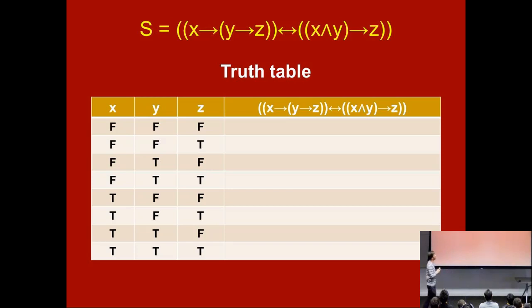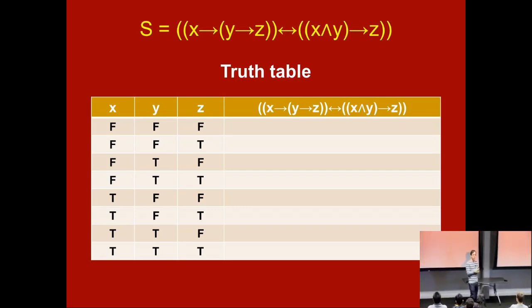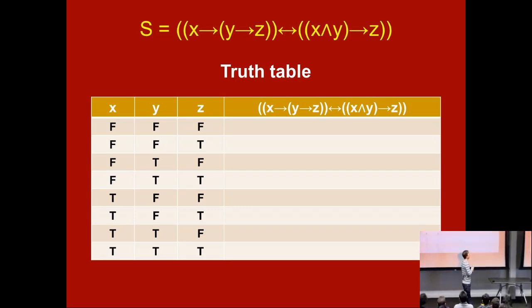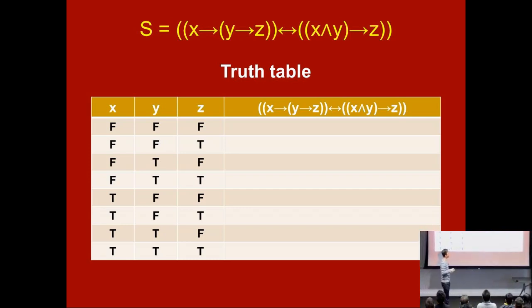So let me give you an example of how to analyze the satisfiability of a sentence. Here's a funny looking formula with 3 variables. And the simplest way to reason about it is with the truth table. A truth table has columns for each of the variables, x, y, z, and it has rows for all the truth assignments, the settings to those variables. So there's going to be 8 here. And then you also have a column for the formula that you care about. Sometimes it's also good to put in columns for the subformulas if you want to work it out. So then you can fill it in.